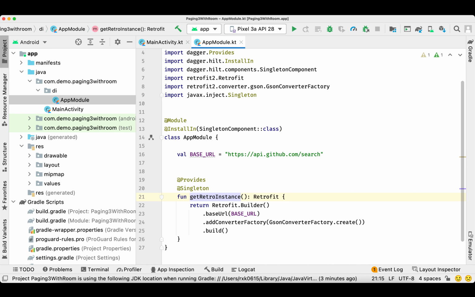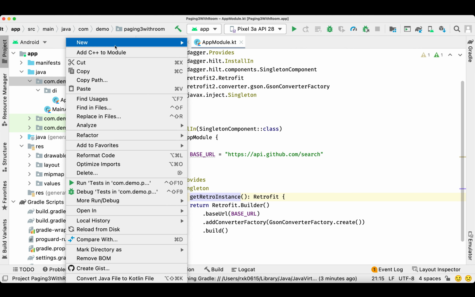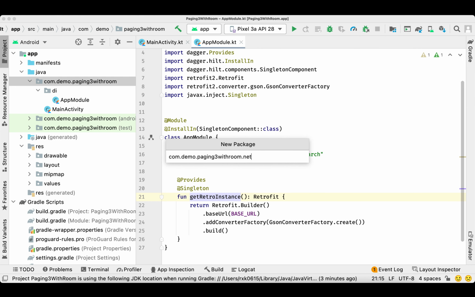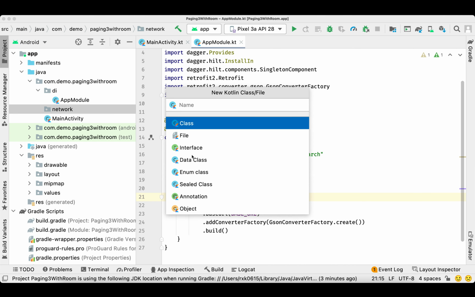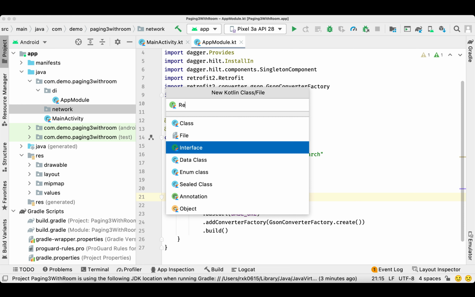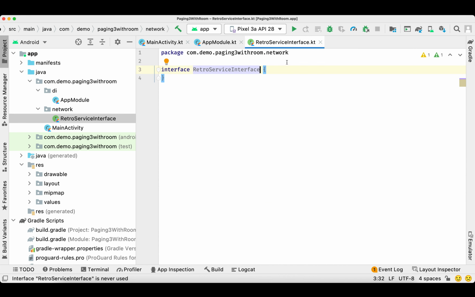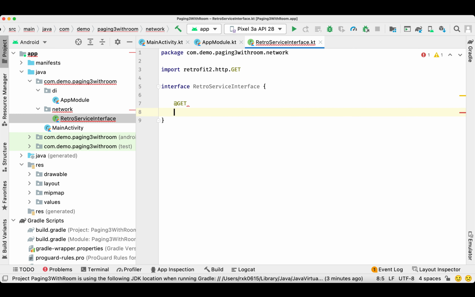and when we have Retrofit, at that time we need a Retrofit interface as well. So let me create a separate package with the name network. Inside this we'll keep our network related files. So I'm creating another interface that is going to be called RetroServiceInterface. You can give any name. Inside this interface, we'll define a function and its HTTP method type. So that is the GET,